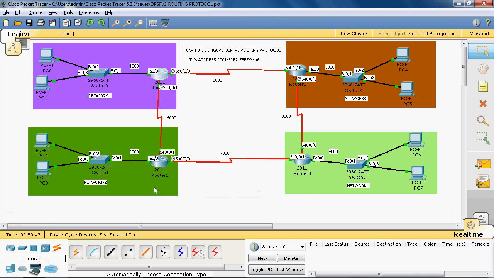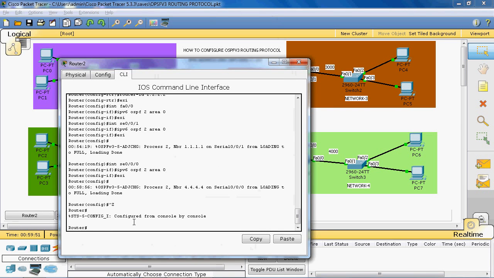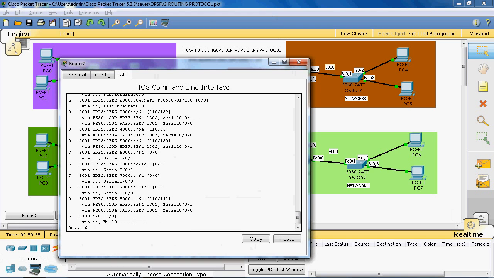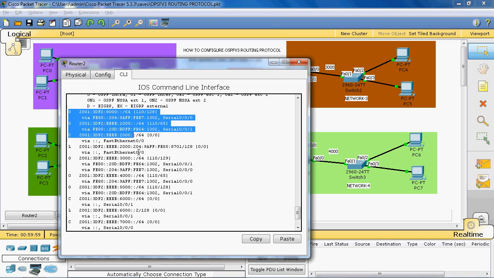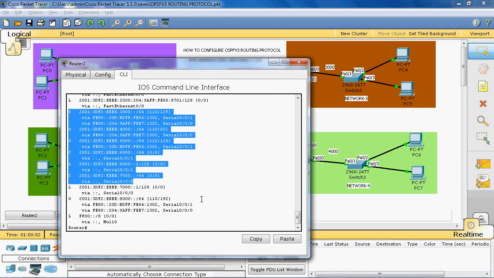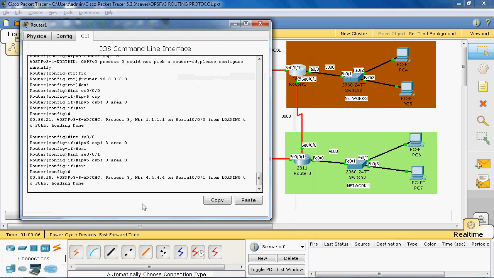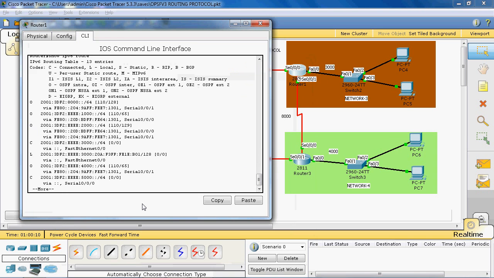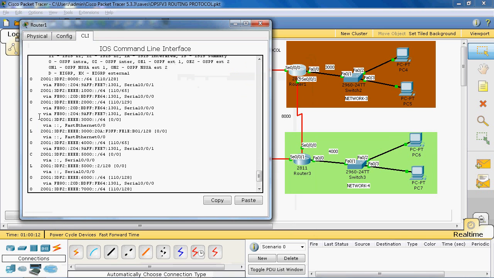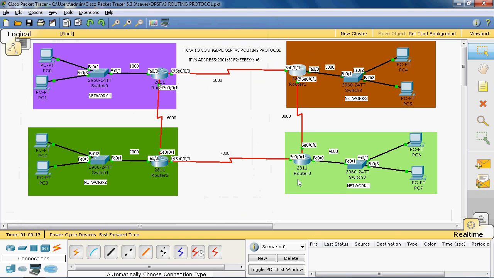Next we can check in network 2. In privilege mode we have to give show IPv6 route. Yeah, here also we get advertisement from the neighboring router, O. The O indicates the OSPF routing protocol. Next we can check in network 3. Show IPv6 route. Yeah, here also we get advertisement from the neighboring router. We can check in